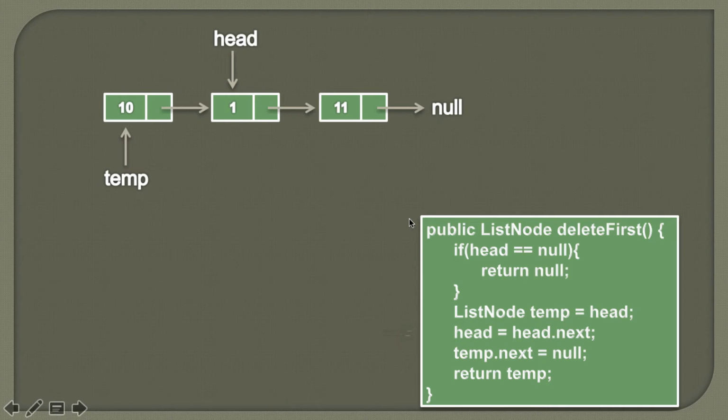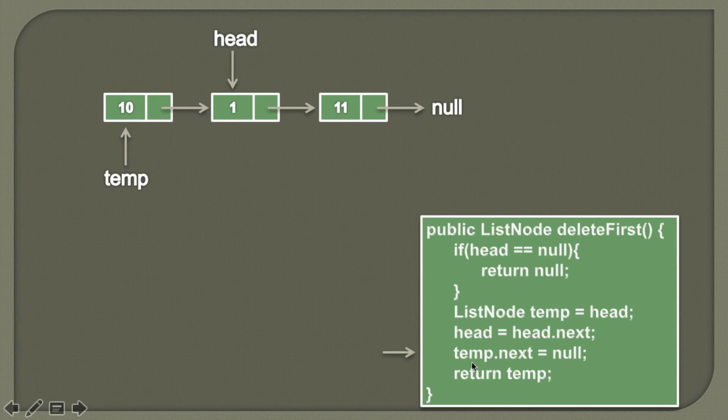Moving ahead, here you can see that head is now pointing to the second node, and this will be our new singly linked list because we have deleted the first node. But if we return this temporary list node directly from this method, these 2 nodes will also get returned along with this temporary list node, because there is still a linkage here.